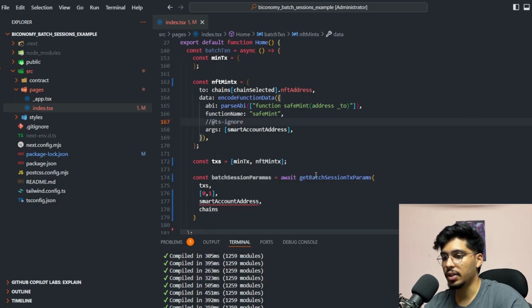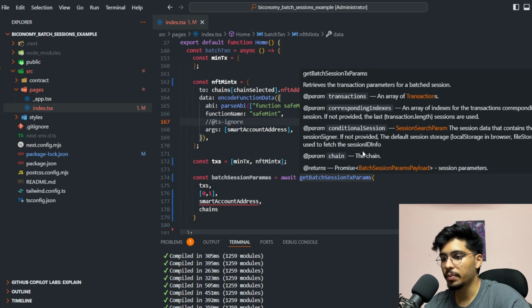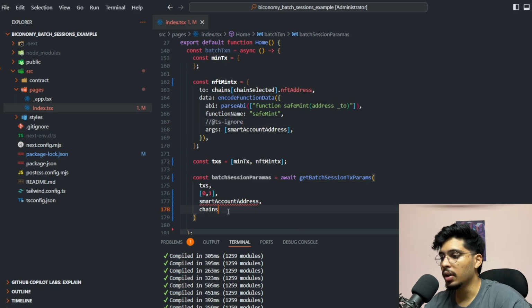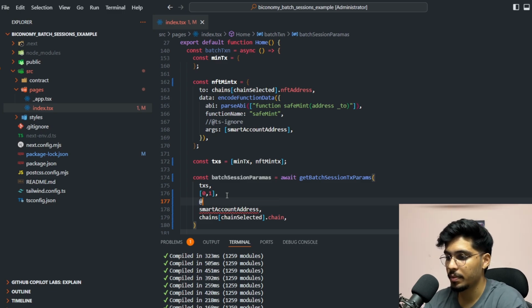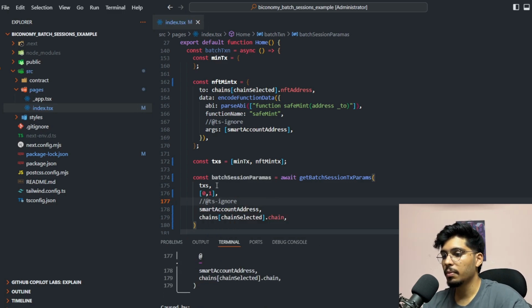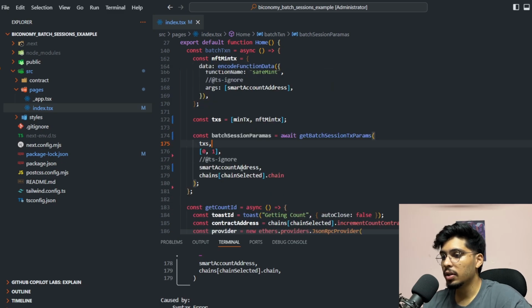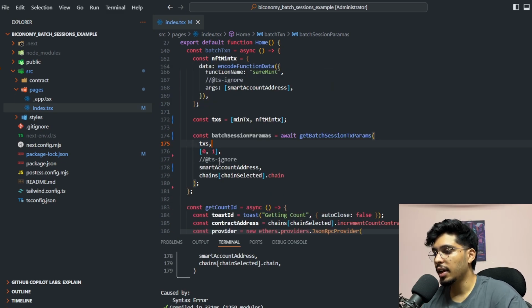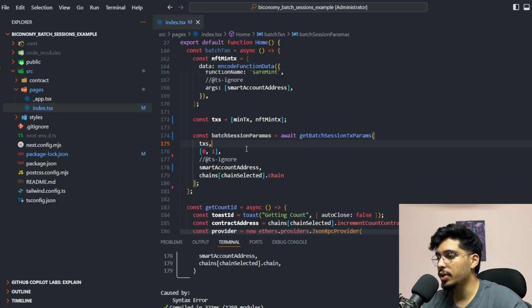I think we need a chain here. Yes, we need a chain. Cool. So it should be chain selected dot chain, not chain ID. Yeah, so you can just do it like this, and the next thing that we are going to do is